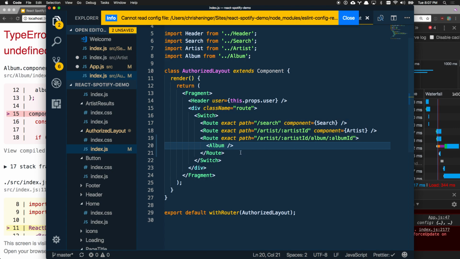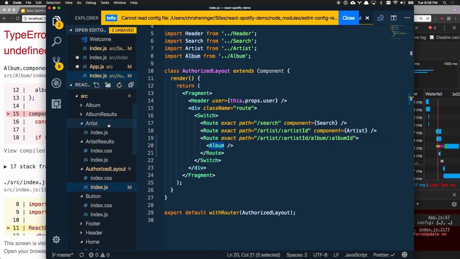And that's because our album component is expecting to be able to look at the params in the URL, and it only gets that from the router, the React Router itself. Route is injecting props into the component, and now that it's just a child and it's not an actual prop itself, it's not able to get access to those. So